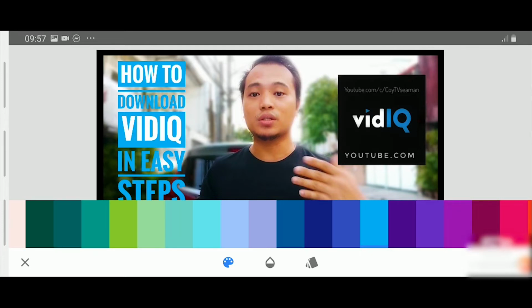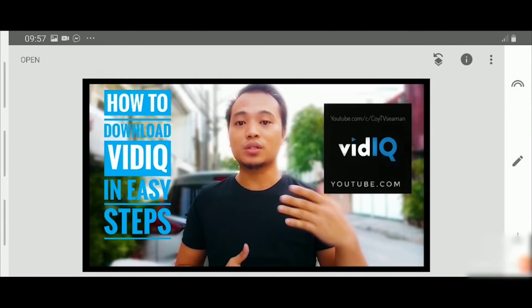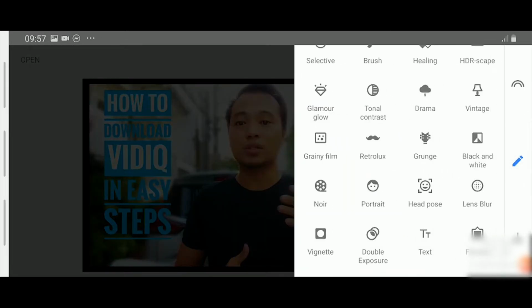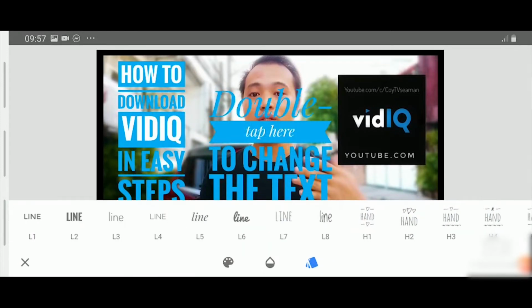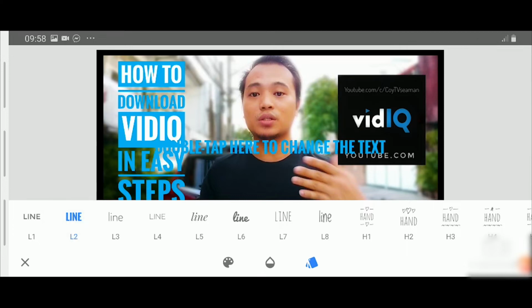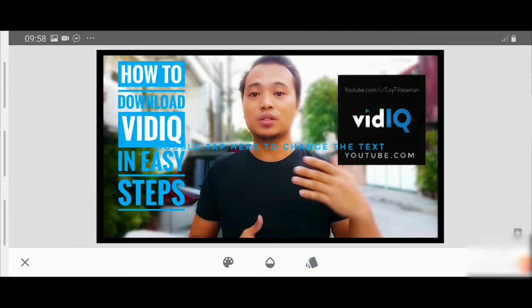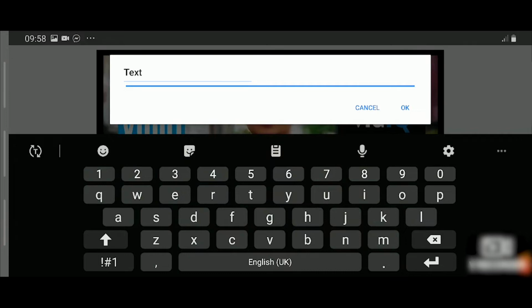How to download vidIQ in easy steps. So as you can see, it's very nice. So let's put something small, let's put some more words in the description, so at least they know. Then let's choose this one, double click, let's put step by step process,